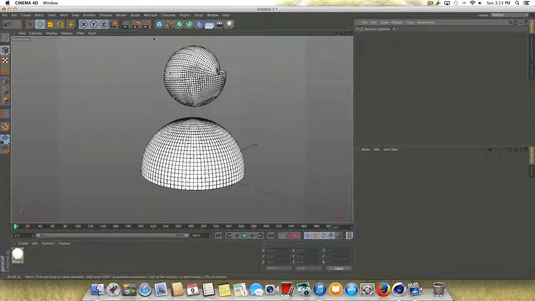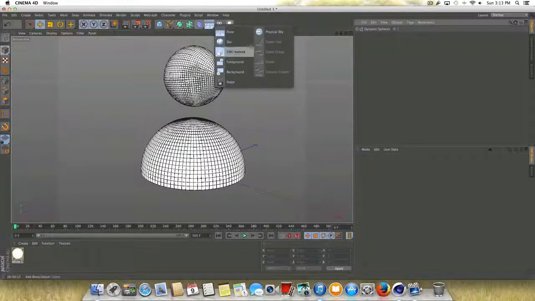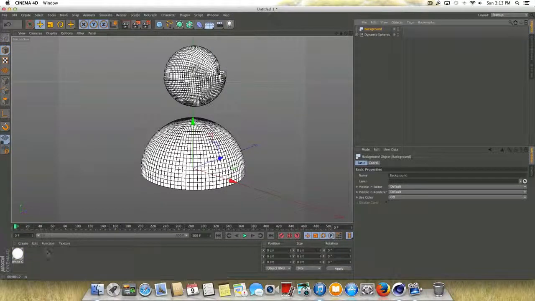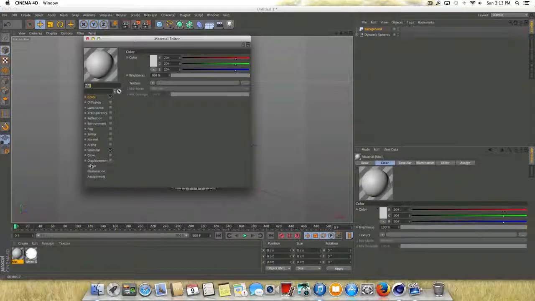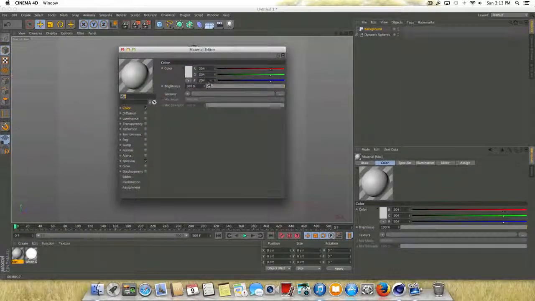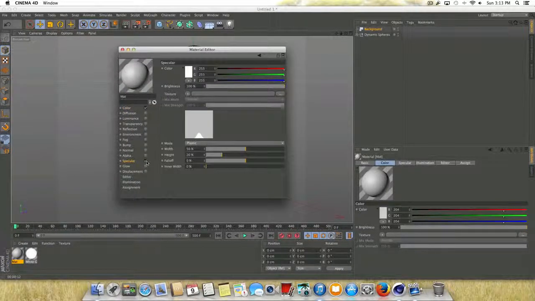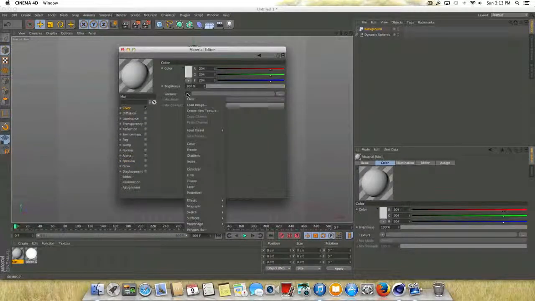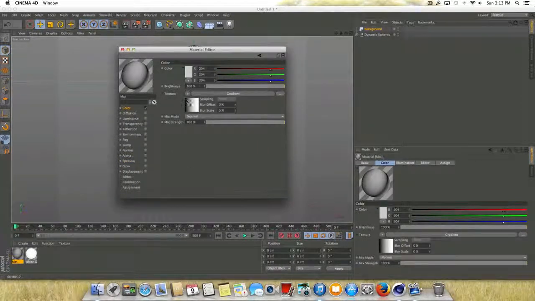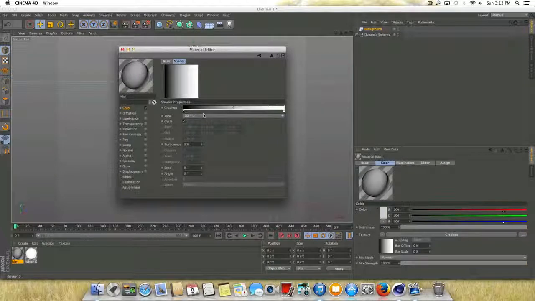So let's go ahead and go up to the floor icon, and let's grab a background, and we're going to create a simple gradient material for this background. So double click to create a new material. Once that new material has come up, just going to check off specular here, go to color, go to texture, go to gradient. We're going to click on the gradient box here, and we're under the shader tab, and